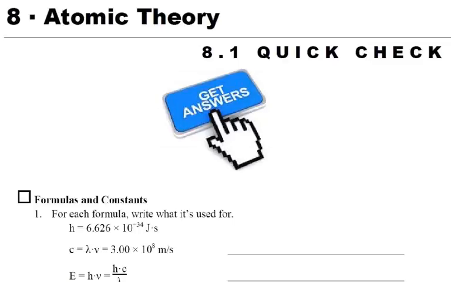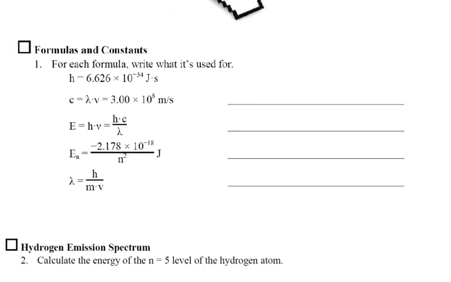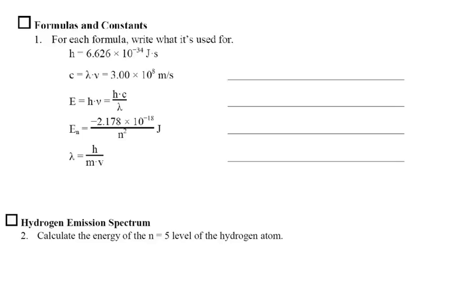Okay, for the 8.1 quick check, I'm going to try to go through these answers. The first one says, for each formula, write what it's used for. We're talking about c equals lambda times nu. The idea there is that this allows us to go from wavelength to frequency and frequency to wavelength. So we can say this allows us to convert